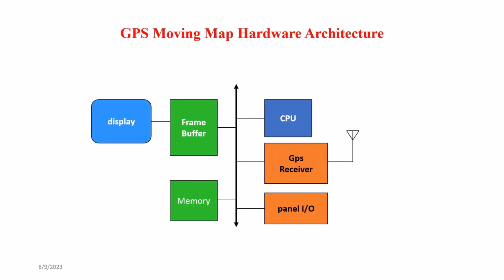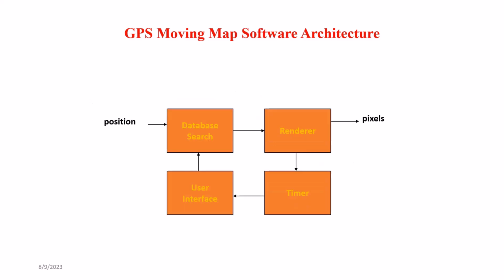So now you can see this hardware architecture. The hardware architecture clearly shows the display, frame buffer, and these are two memories that they are using, frame buffer and memory, and CPU and the GPS receiver and IO devices, right? And similarly, the software architecture of this GPS moving map: position, database search, and user interface. The timer may be a hardware timer or a software timer, and the render, and you